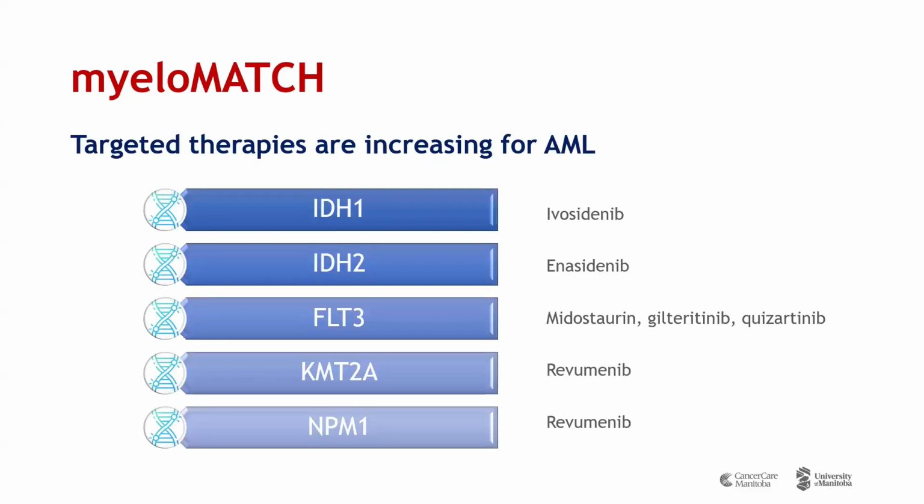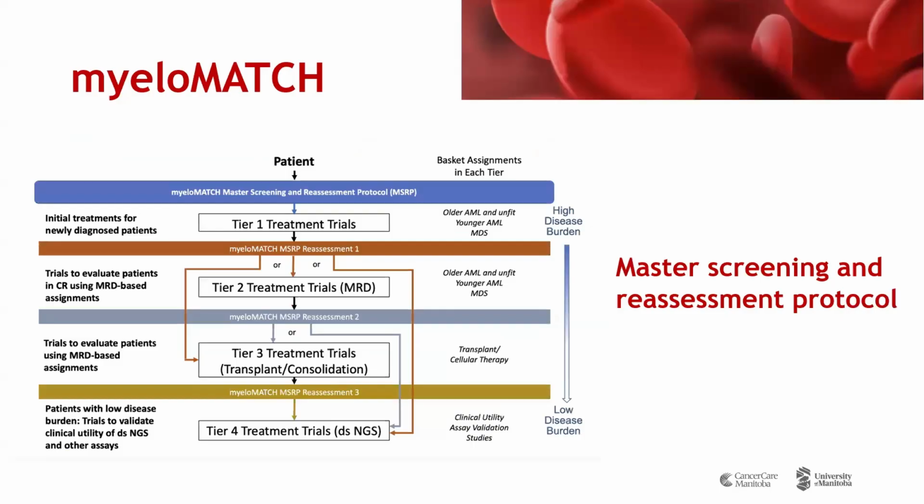So in this particular trial at the moment, there's a number of molecular mutations that have an actionable medication available. If you have an IDH1 mutation, we have ivosidenib, IDH2, we have enasidenib, FLT3, we have a number of medications available, KMT2A, we have revumenib, we use that for NPM1 as well. But essentially, there's a very complicated trial design here, but we have the MyeloMatch platform active in Manitoba, and across